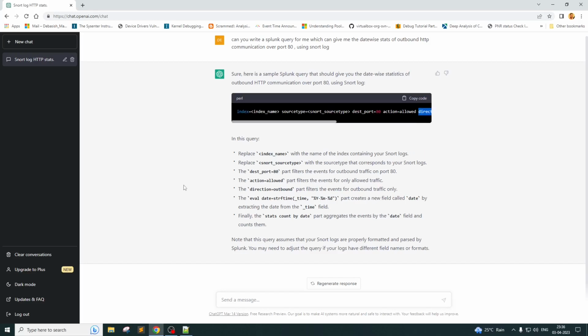Now the next one we are going to see is that you can use ChatGPT to generate bash scripts or PowerShell scripts. So let's say I am asking ChatGPT to write a bash script which is going to look for a file name with a specific pattern in the disk. So, can you write a bash script for me which is going to search for file name with pattern